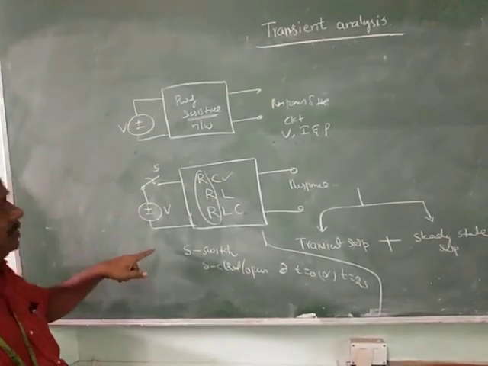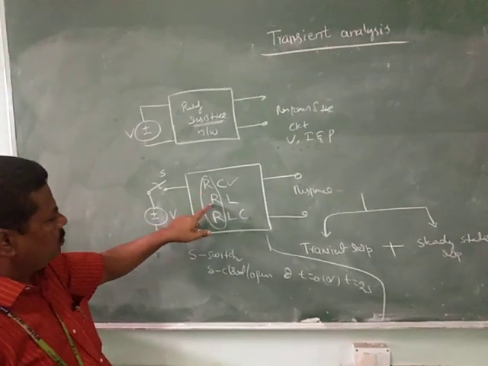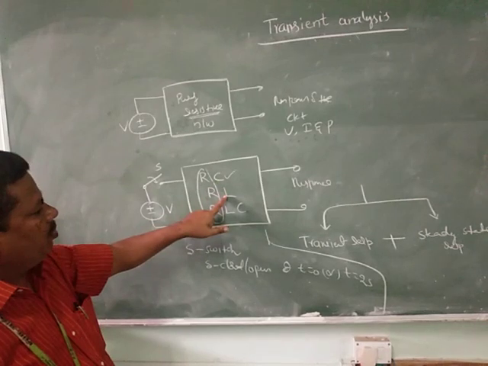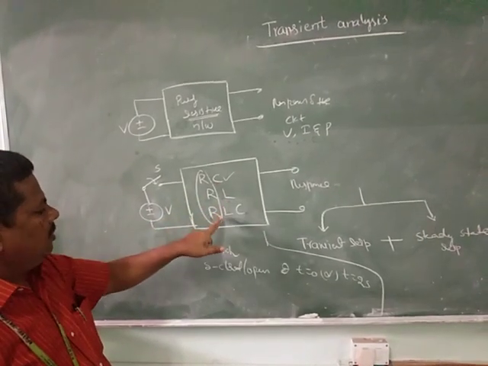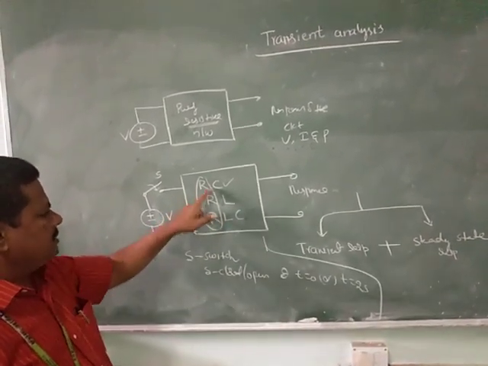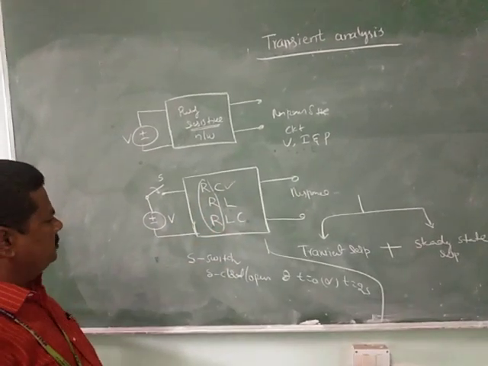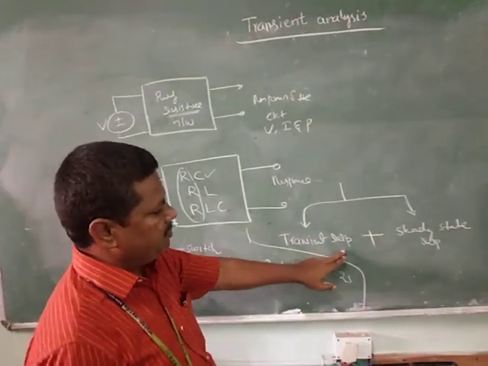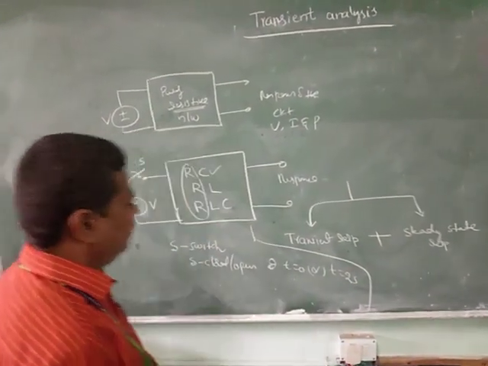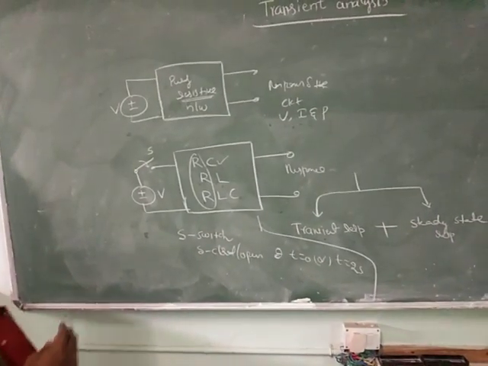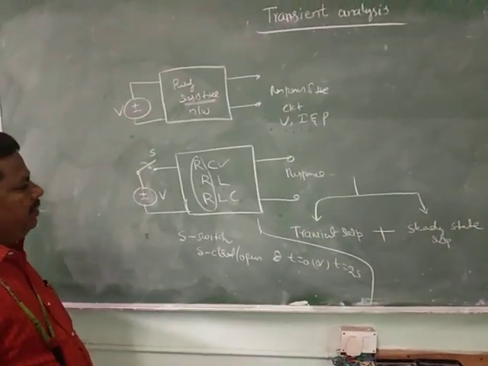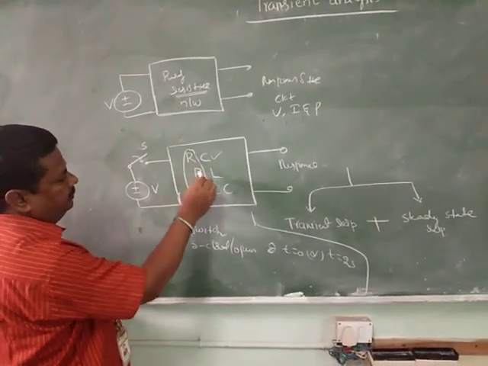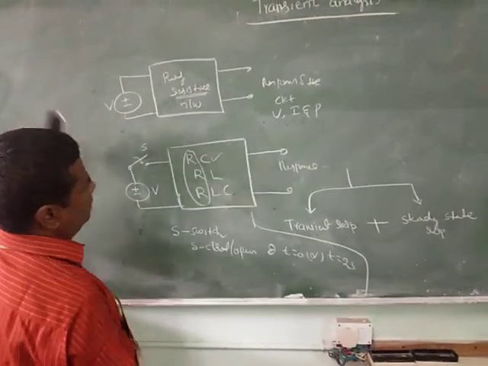Now coming to this circuit especially, in addition to the resistor, there are two other reactive components, capacitor and inductor, or LC combination, RC, RL or RLC circuits. Now analyze the response. Here the response is a sum of the transient response as well as the steady state response. Before going into the detailed analysis, briefly once again we study the behavior of RLC components.